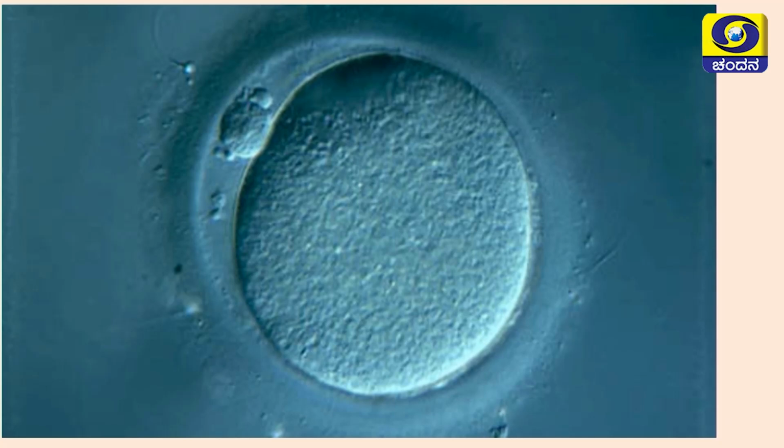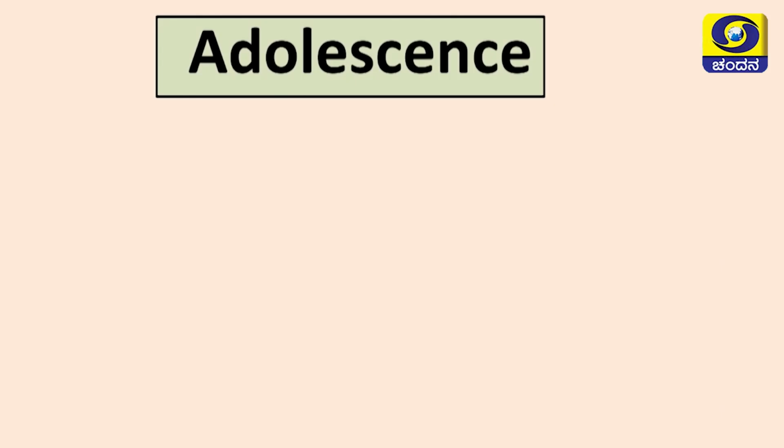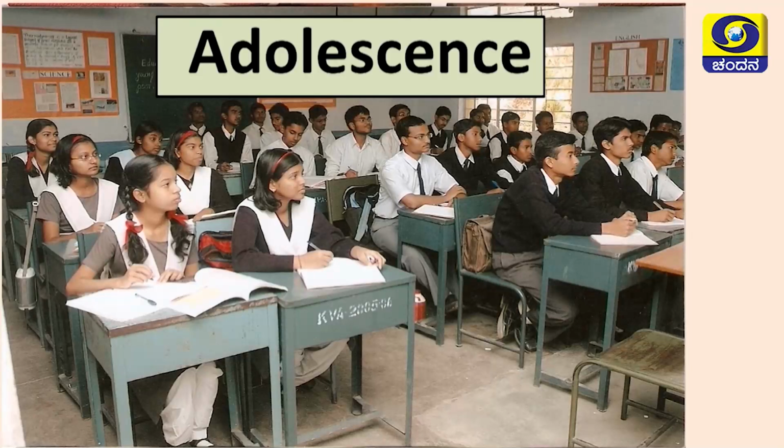This is the main sexual property or the reproductive property of the organisms. You call this the primary character. For supporting this, you need several secondary sexual characters. Those secondary sexual characters are obtained during a stage called puberty, and that stage you call adolescence. Adolescence is a stage wherein a child becomes an adult. This transition period is called adolescence, usually in high school children. So, a lot of changes take place during this time.